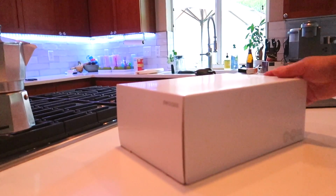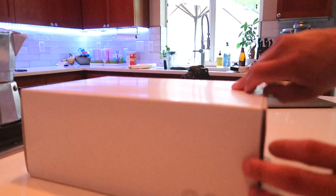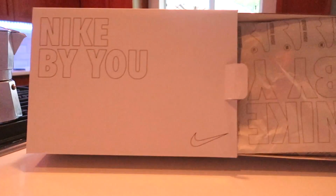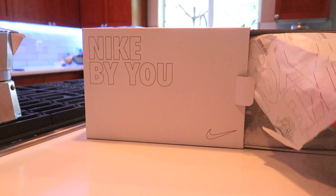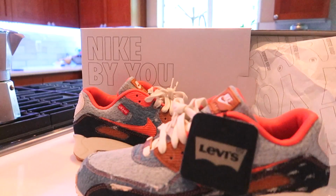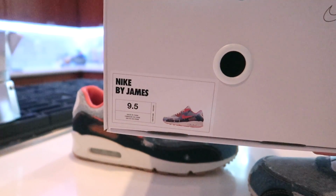Anyway, I wanted to get this video down, and my camera's over here, my other camera, so I'm using my secondary camera here. This is crazy though. I really love the way these came out. And here is the box, as you can see. Open it up, and we have Air Max 90s here. So now that I've shown you guys the shoes, it does say Nike by James, which is my first